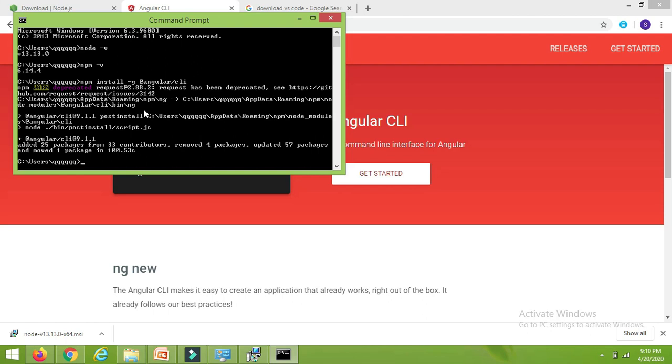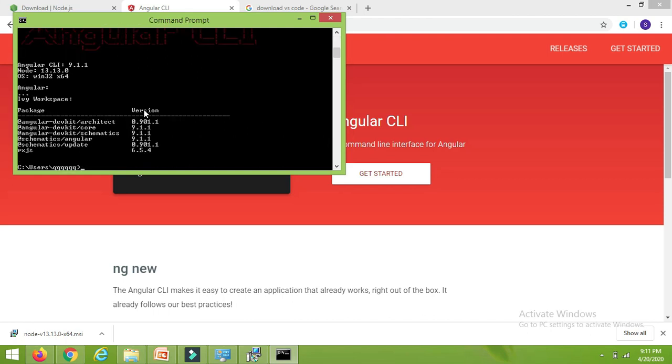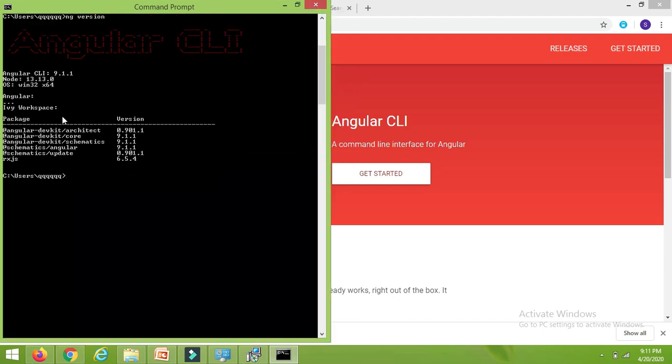So let's check by using a command as well. We have the command ng version. In previous versions we can check by using the command ng hyphen v as well. So now let's check. If you are getting output as Angular CLI and here are the versions, it means you have successfully installed the Angular CLI as well.